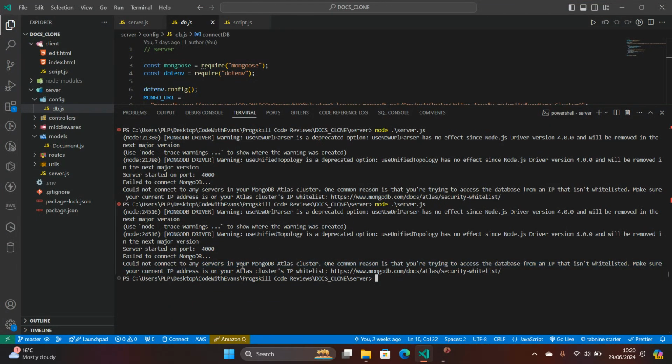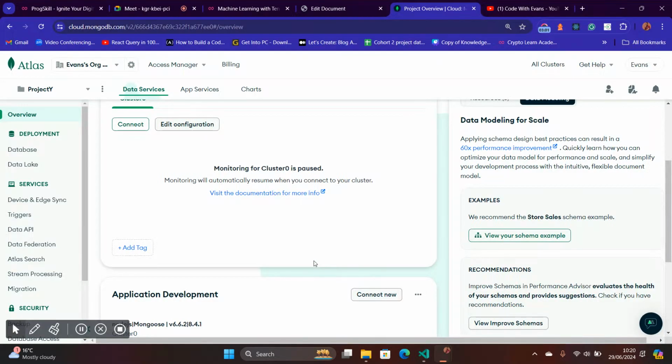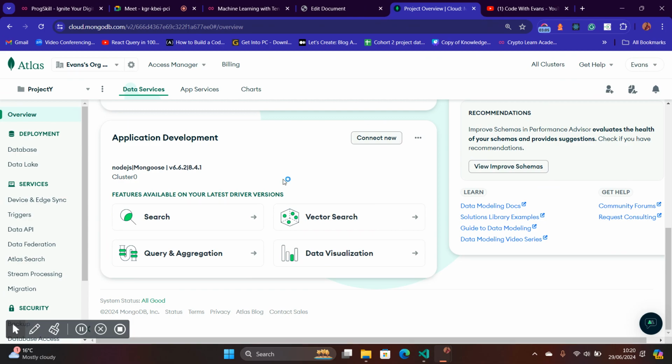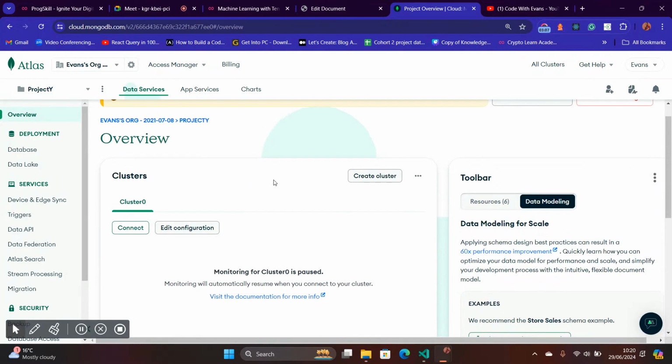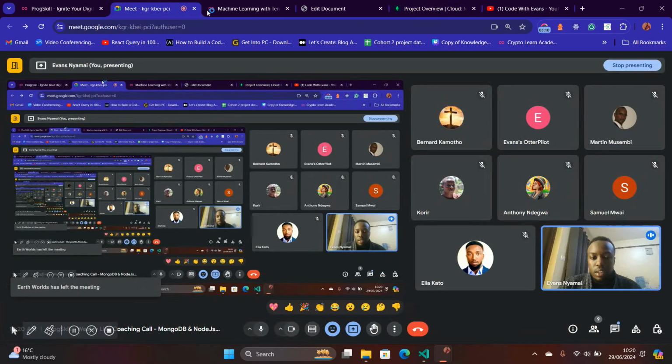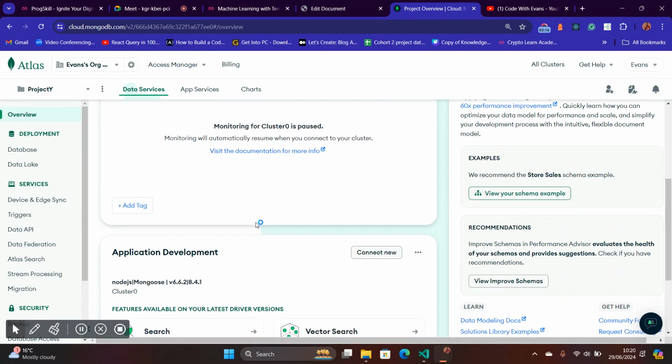This one has failed because of server in your MongoDB Atlas cluster. One reason is that you are trying to access the database from an IP that isn't whitelisted. So our problem is the IP address that we are using. I'm in a different location, so I'll try to whitelist the address so that we can be able to access. So to whitelist this